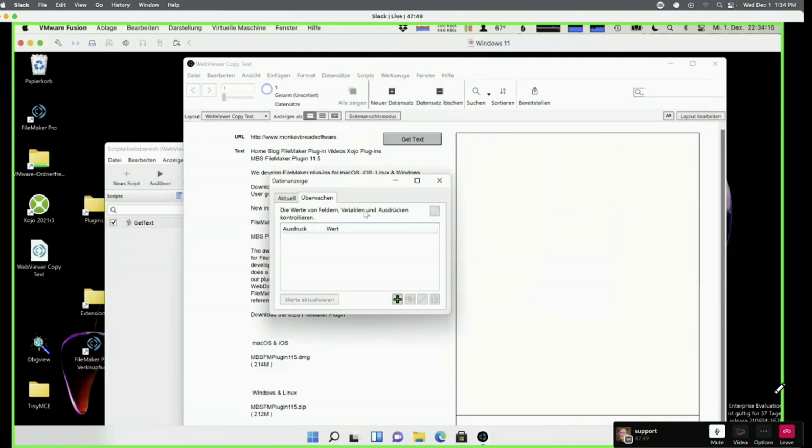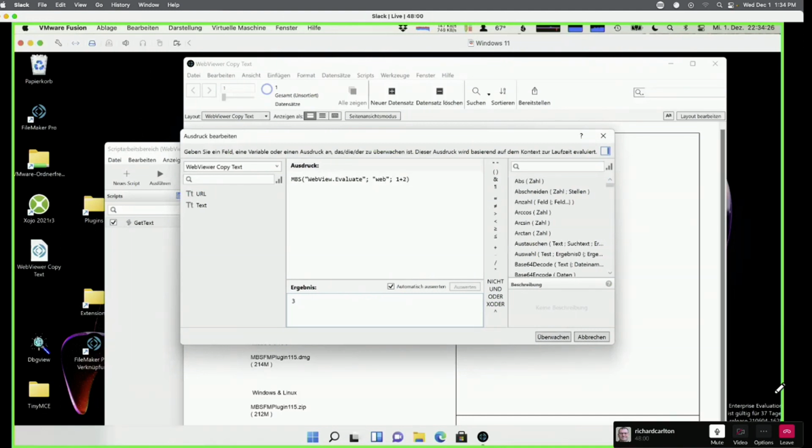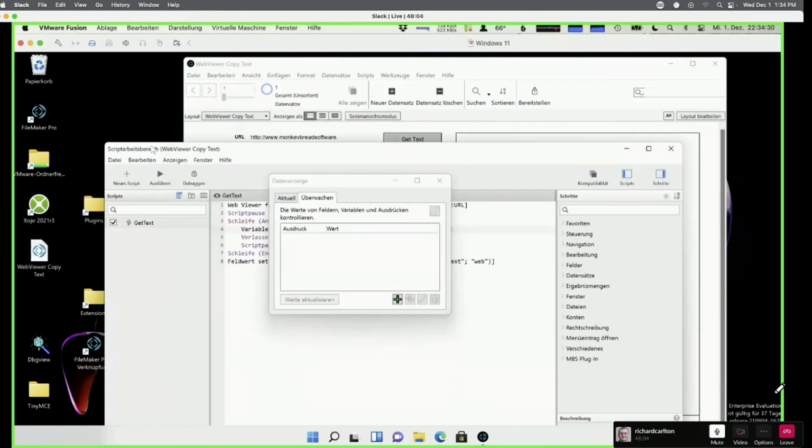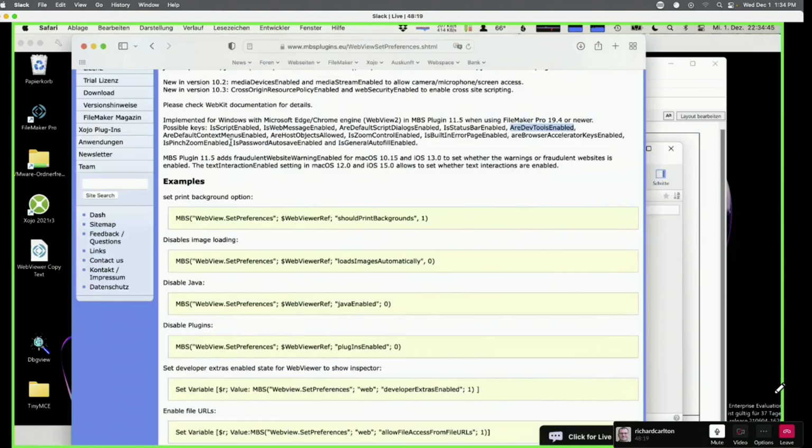So okay, how did you determine that the web viewer was fully loaded? Your script was obviously waiting for something to happen. What's the logic? Can you explain that? Yeah, so now I can evaluate. So this script is loading a website, and then it makes a loop and waits till the website is fully loaded. Okay, I'm not reading German here, but how do we know it's fully loaded? What are we looking at? Well, we have this is loading function,